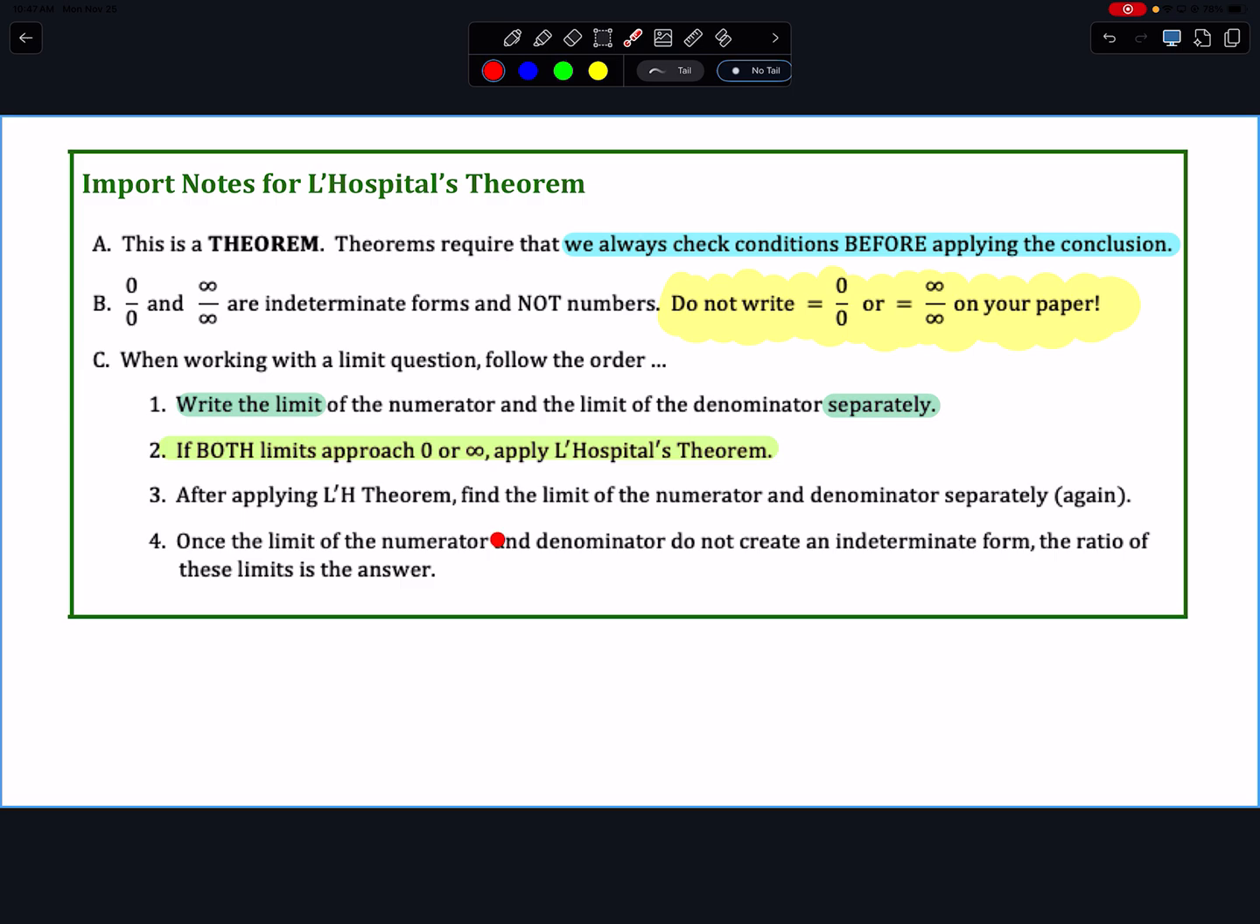Once the limit of the numerator and denominator do not create an indeterminate form, the ratio of these limits is the answer. Sometimes you'll have to do this twice. When I was in college, I think there were problems where you had to do it 3 times in the same problem. You had to do the derivative, and then it didn't work. So do it again, and it didn't work. So you had to do it again, okay? In this class, you guys may have to do it twice, okay? So, now that you guys know that,